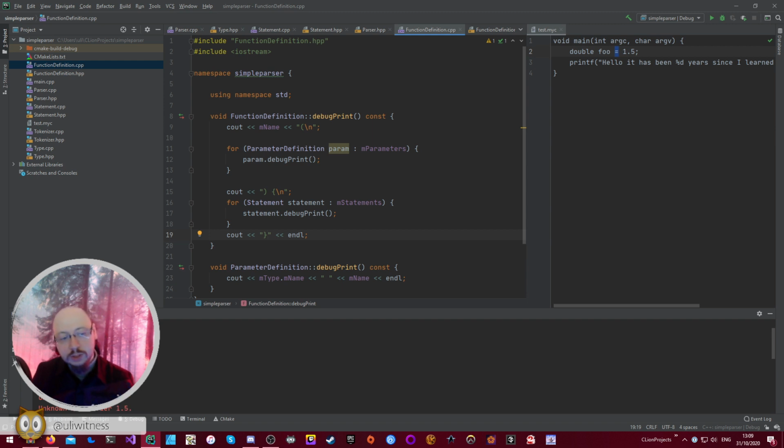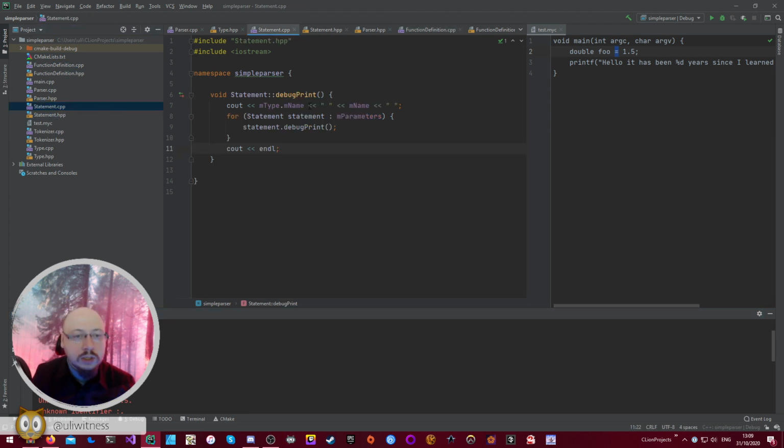Okay, and now you see what we have parsed is we know that we have a main function with these two parameters, and we have double foo, our first statement. So you see that it's taking shape, and we now have a data structure in memory that represents our program. But the nice thing is we already know things about it. We know that that statement, oh, I could probably